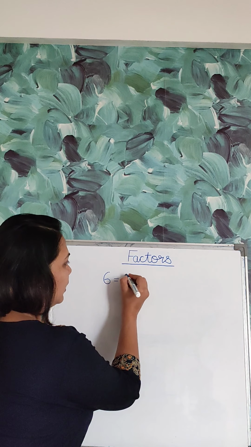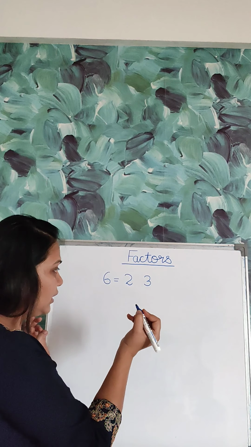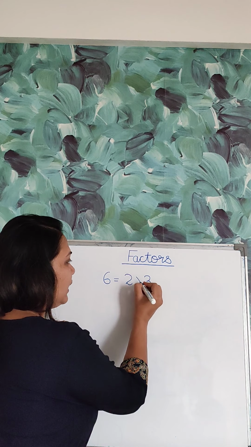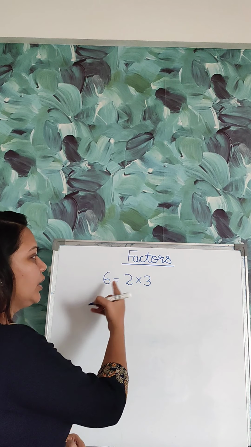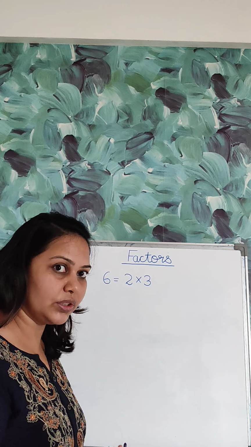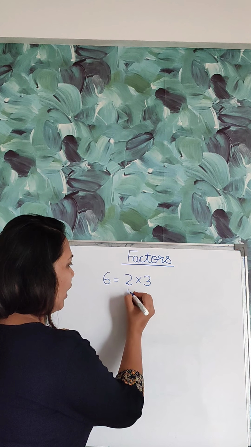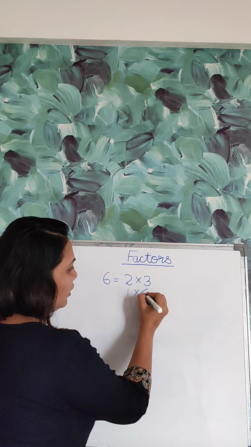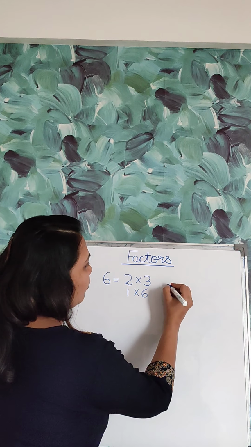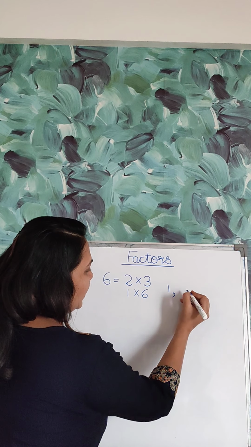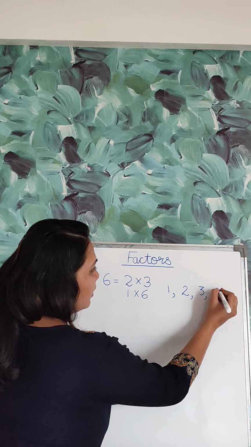So here, like 2 and 3, right? Two numbers, it is a pair of numbers. When we take their product, it is equal to 6. So 2 and 3 both are factors of 6. We can have more pairs like that, as if 1 and 6. So 1 and 6 are also factors of 6. So here we have found all the factors of 6, that is 1, 2, 3 and 6.